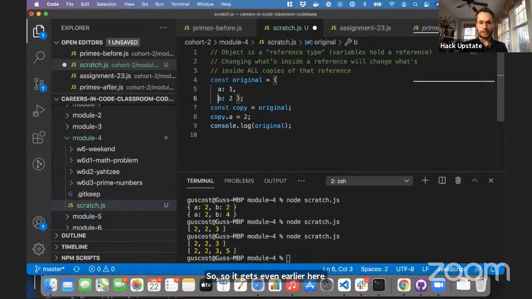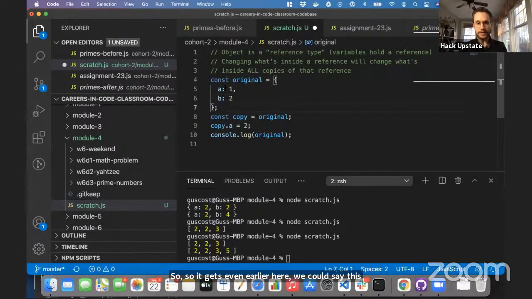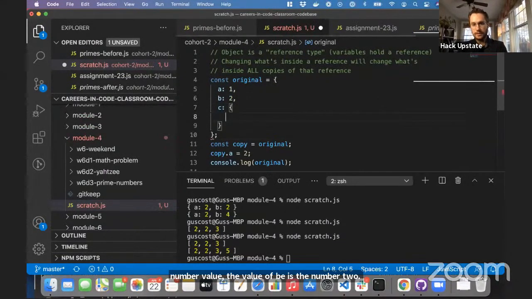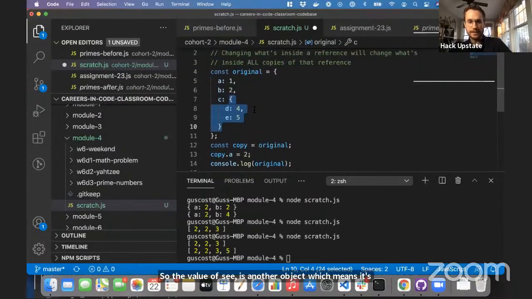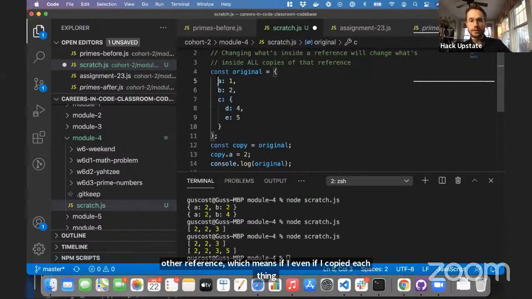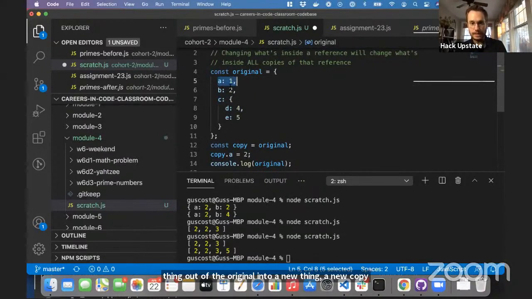We could say this original has a, where the value of a is 1, a number value. The value of b is the number 2. Well, the value of c could be another object that has d, which is 4, and e, which is 5. So the value of c is another object, which means it's another reference, which means even if I copied each thing out of the original into a new copy that has a, b, and c,